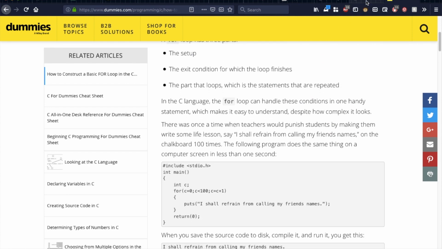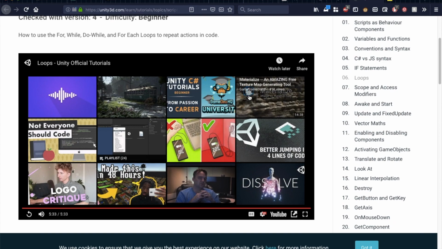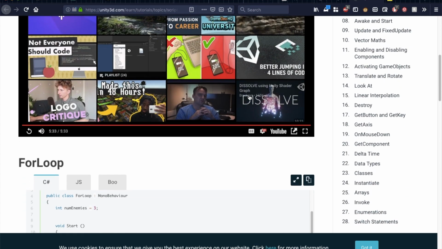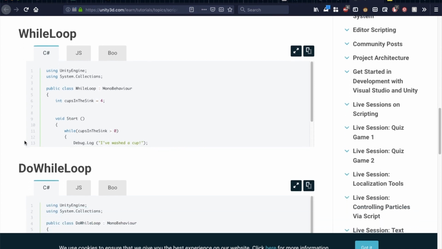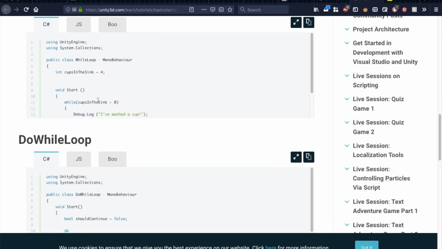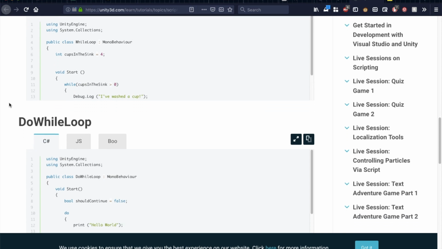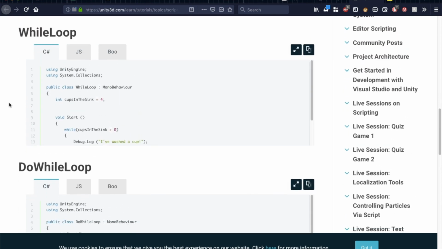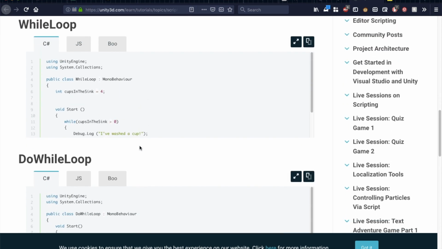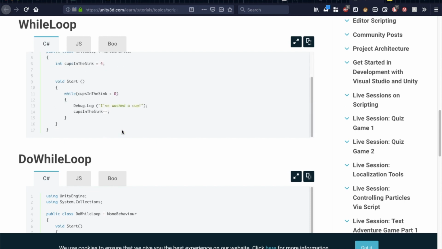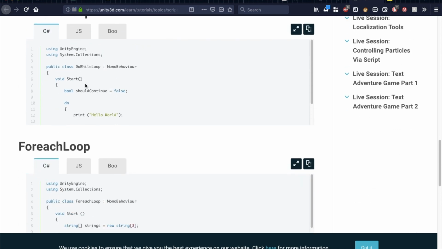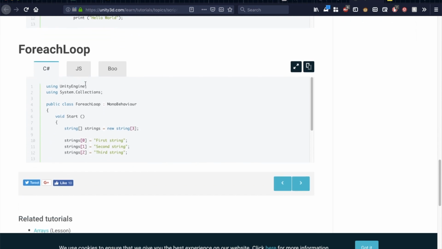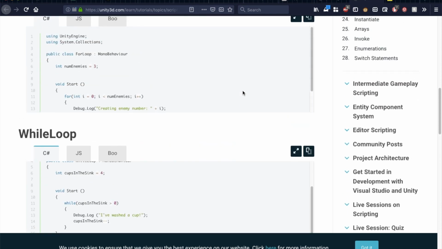There's also a video on Unity called For Loops, or all about loops. It's got for loops. It's got the while loop, which we are messing with as well with our while this is true, which in our case, we're using so that it continues to loop infinitely because it's always going to be true. A do while loop and a foreach loop, which are all very useful types of loops, and we'll probably use them in the future. But